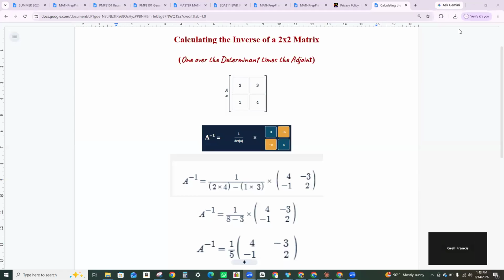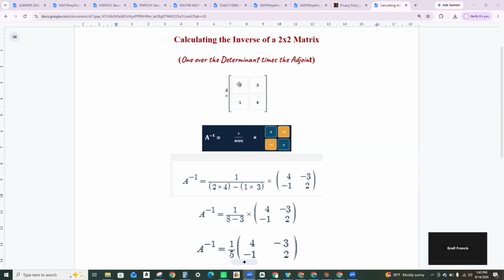So here we are going to discuss the inverse of a 2 by 2 matrix, how to calculate the inverse of a 2 by 2 matrix. So it's basically 1 over the determinant times the adjoint. The determinant is the product of the leading minus the product of the non-leading, and the adjoint is such that